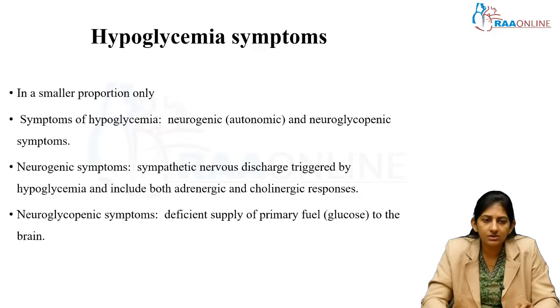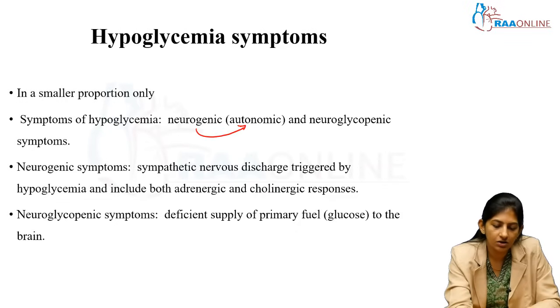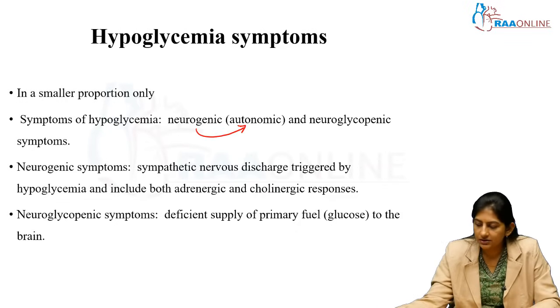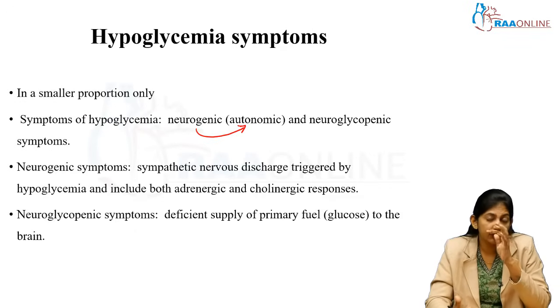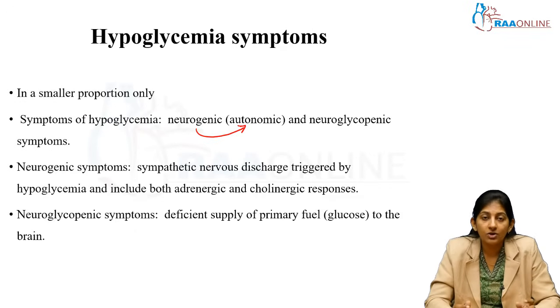So hypoglycemia symptoms, again, especially in newborns, most of the time they are asymptomatic, and only by your routine screening you would find out. And the symptoms of hypoglycemia are usually neurogenic symptoms and neuroglycopenic symptoms. Neurogenic are nothing but the autonomic symptoms. These autonomic symptoms cause the jitteriness or the tremulousness, etc., and sometimes when you feel the peripheries, they appear very cold. They are in a situation of cold stress, because of the peripheral vasoconstriction, so it could be autonomic.